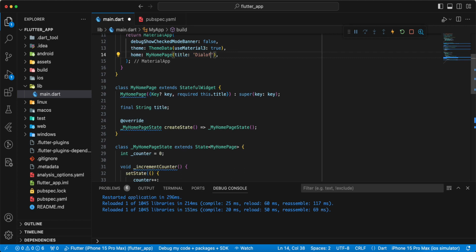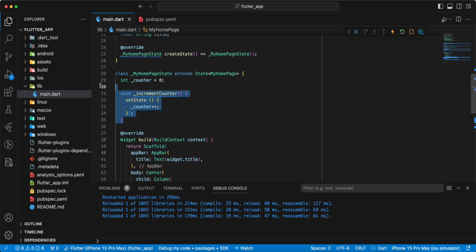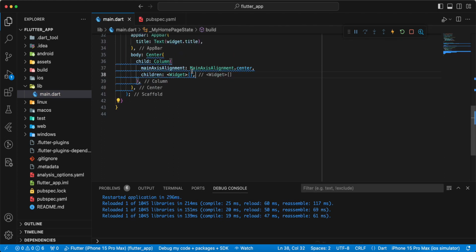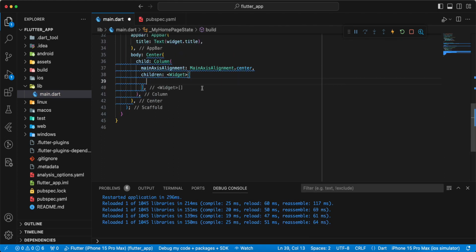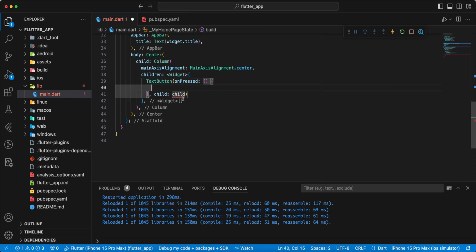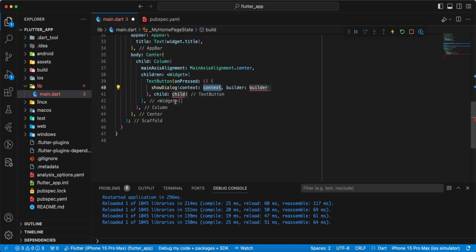dialog Flutter, save. Next, remove the counter, then write a TextButton with onPressed, write showDialog,